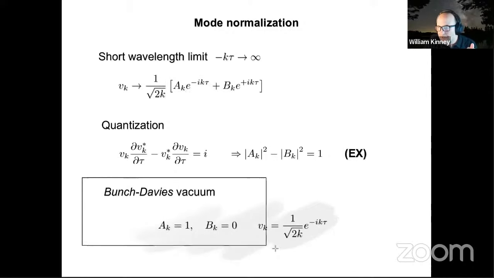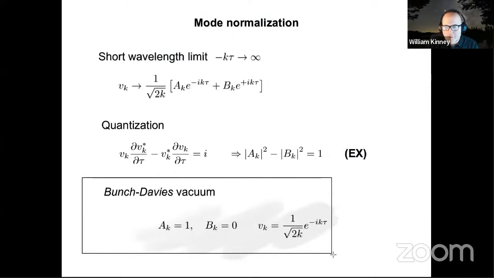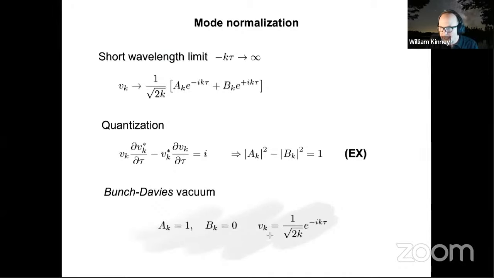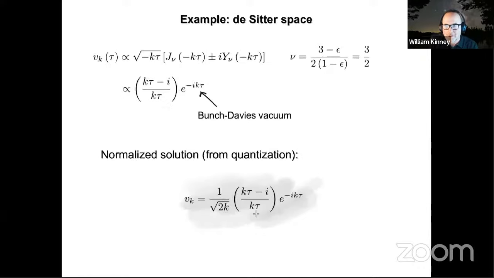So we take the vacuum to be the vacuum as seen by a co-moving observer in the short wavelength limit. And that allows us to fully normalize our wave function. Then all we do is follow that out to the asymptotic long wavelength limit and look at how big it is. Now that the mode is normalized, we can calculate its amplitude outside the horizon. And that gives us the delta phi term that we need to plug into the delta n formula to calculate the curvature perturbation.